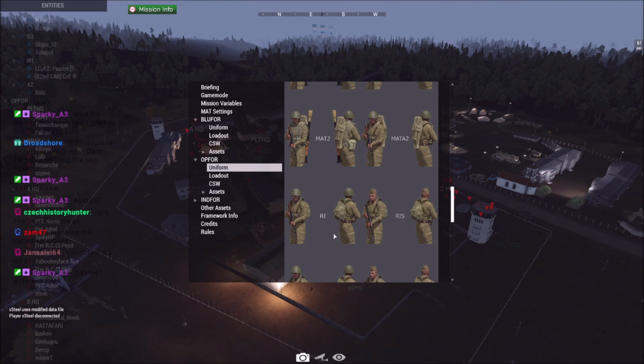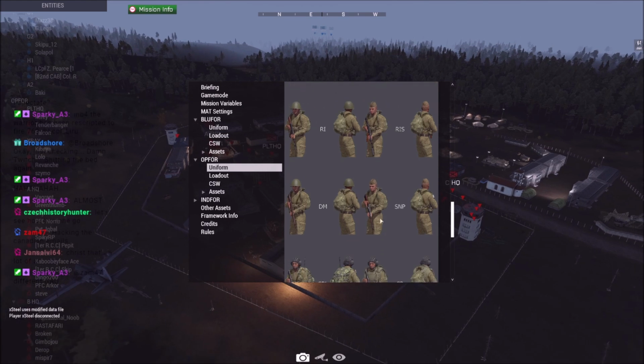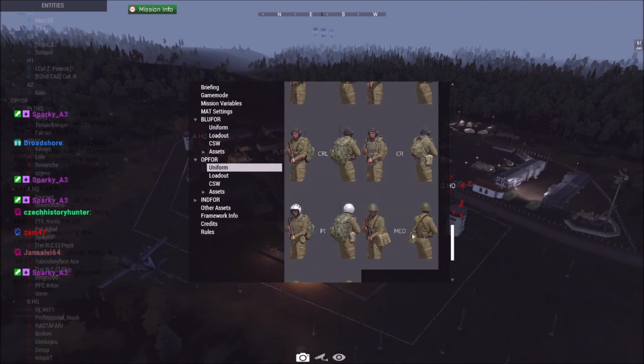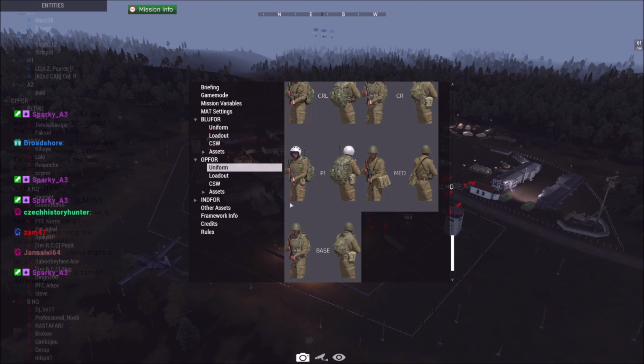Recon infantry for the scouts, recon infantry suppressed, so these are the two players that got the suppressed weaponry. Designated marksman looks like that's going to be an SVD. That's the whole reason I look at this list, so I can see that one rifle because it's not part of the loadout itself. Sniper. That better not be a freaking Mosin, but we're going to check in a second. And then your crew kits, and then your pilots, the medic, and then the base infantry kit, which doesn't really